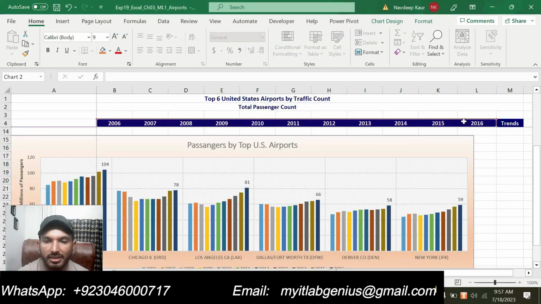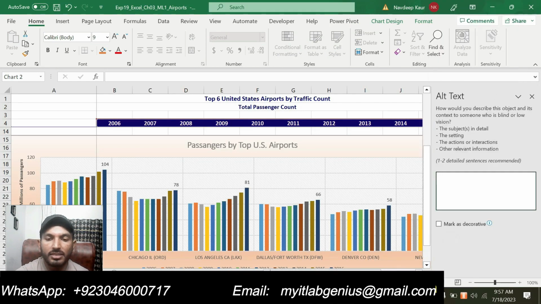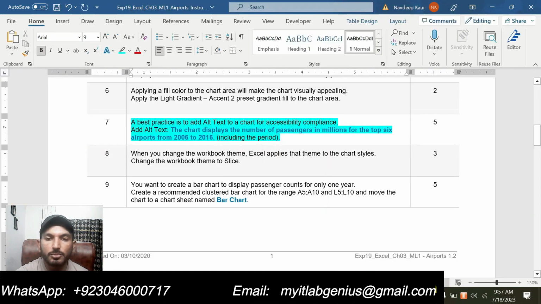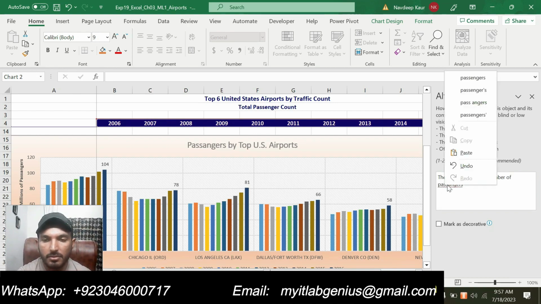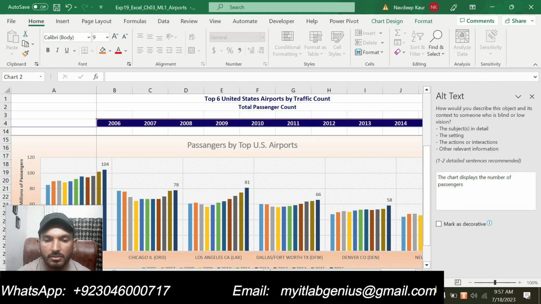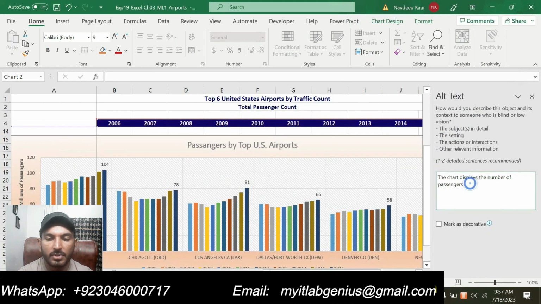We will simply go to the chart again, right click outside the plot area and click on view alt text. Now we will type this alt text: the chart displays the number of passengers in millions for the top 6 airports